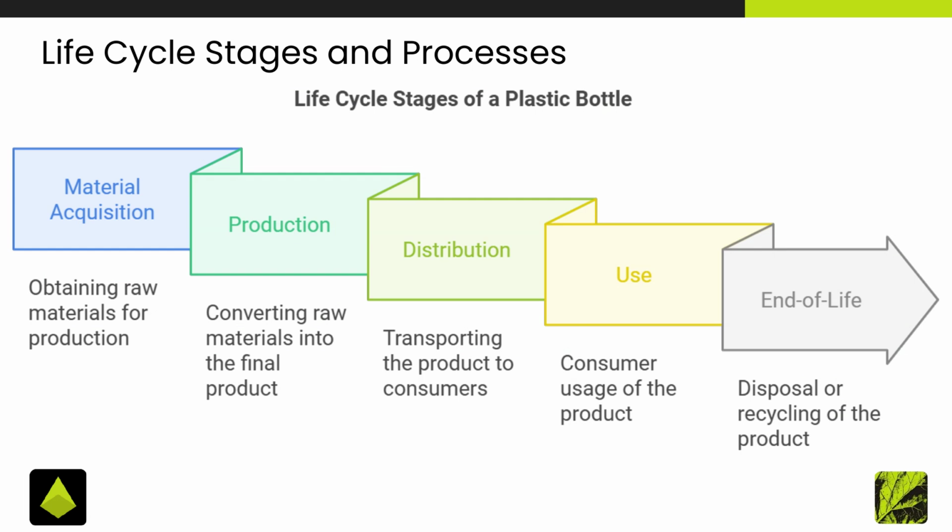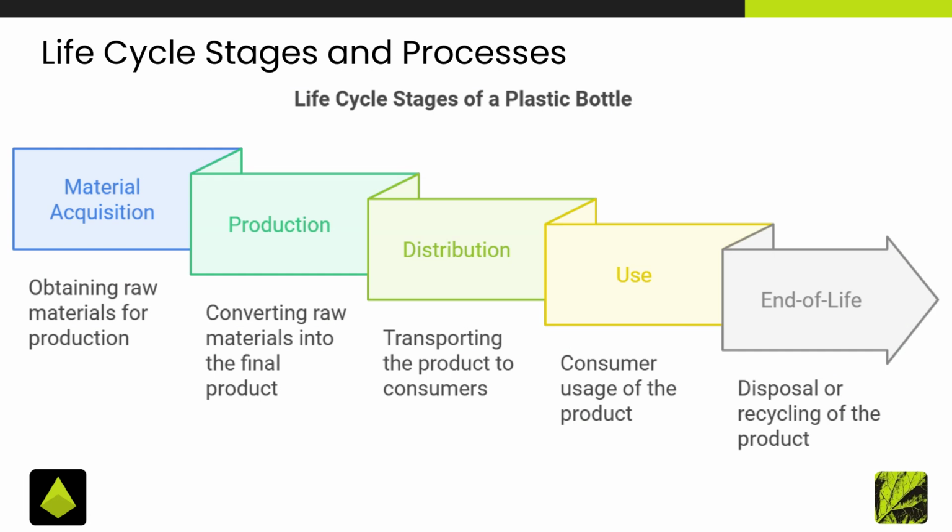Let's navigate the life cycle stages of a plastic bottle. We start with material acquisition, obtaining the raw materials needed for production. Next is production, where these materials are converted into the final product, the bottle itself. Distribution follows, involving the transportation of the bottle to consumers. Once in consumers' hands, we have the use phase where the bottle fulfills its purpose. Finally, the end-of-life stage involves disposal or recycling. Each stage plays a crucial role in determining the environmental footprint, and understanding these can help in developing strategies for